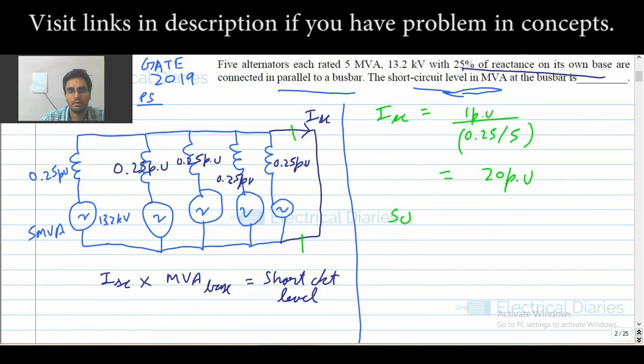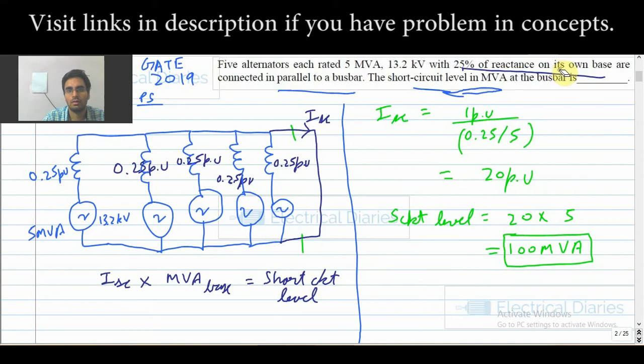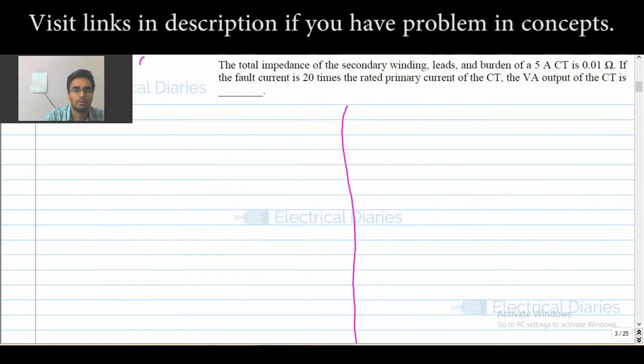Now the short circuit level will be 20 into 5, that is 100 MVA. Okay, so 100 MVA is the answer. That is how you solve these questions. 100 MVA. So it's GATE